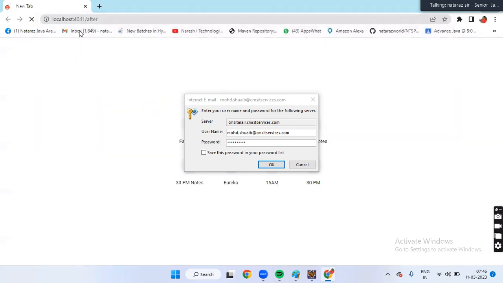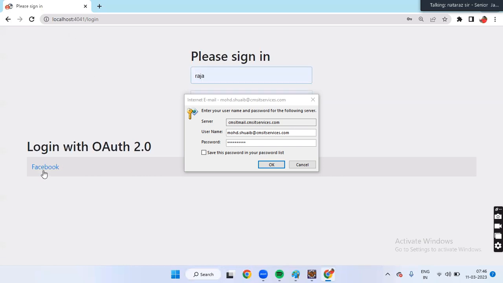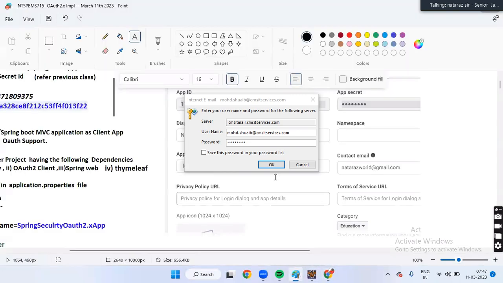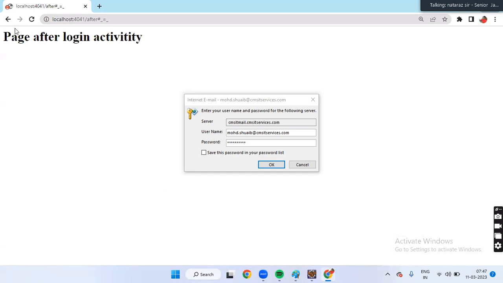After. Login page has come. Facebook. Yeah, page after login activity. So that is complete URL only, boss. There you have to give complete URL only. So for that matter, here, what is the one we should write? Localhost 404. There we have to write complete URL. Okay. Now let's try once with